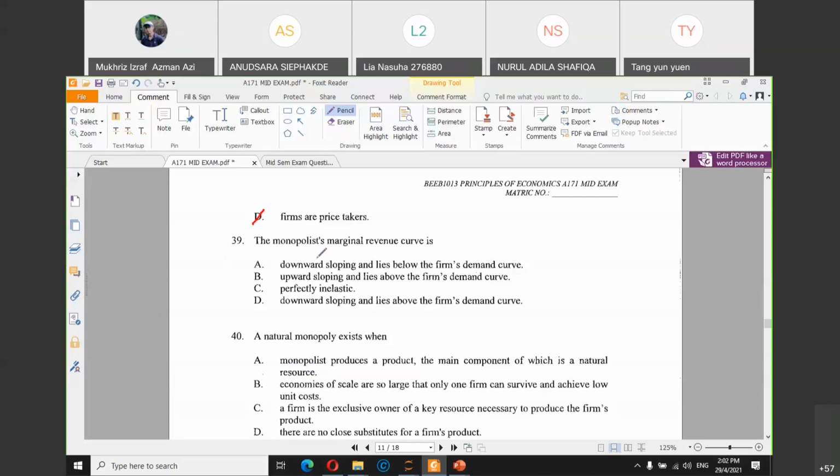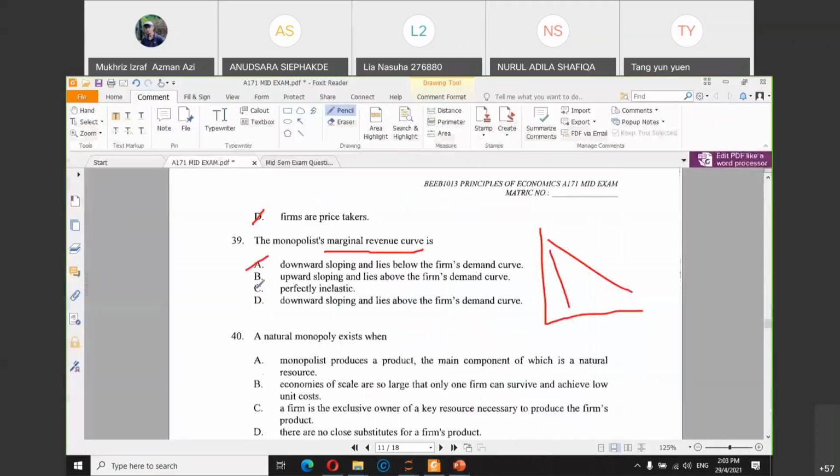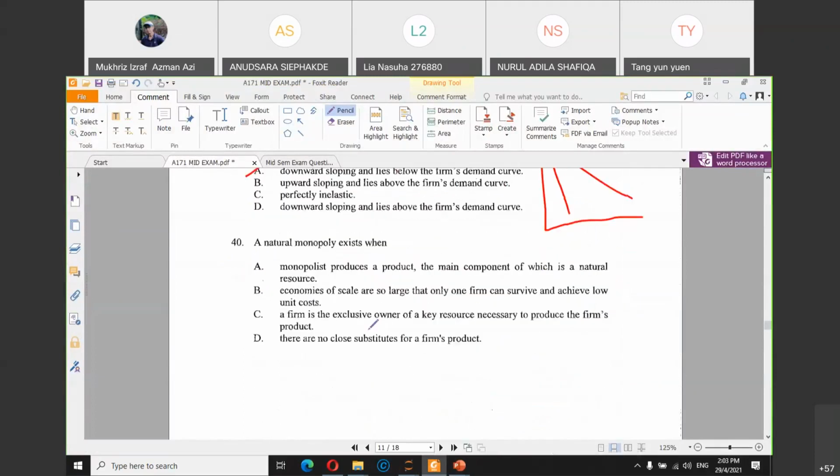The monopolist's marginal revenue curve. Just now we discussed in the slide: AR and MR are downward sloping and MR lies below the firm's demand curve. So I think A should be the answer. We just discussed this: the demand curve or average revenue curve is above, MR is below. So it should be A. Next, a natural monopoly exists when